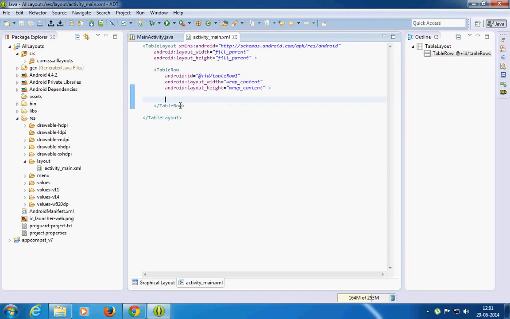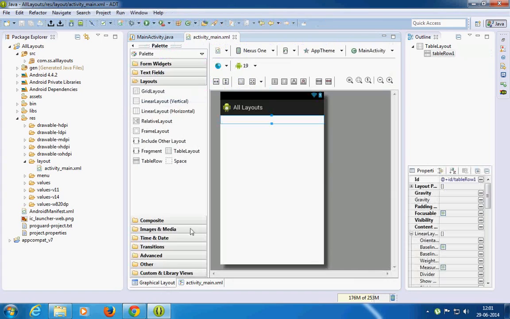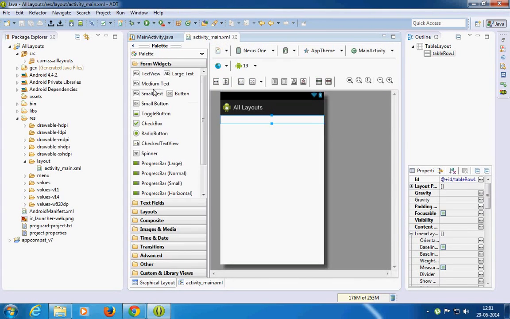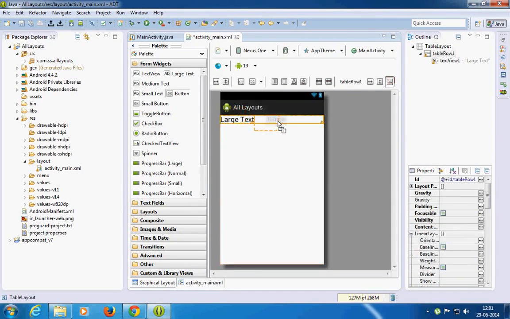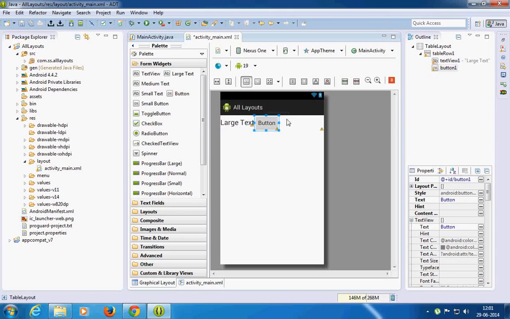So any item inside this would be added as a column. So now what I do is I drag a large text, and you see we have a large text and a button in the same row. So we have two columns over here now, although you can put weight as 1 so both of them take equal amount of space. So this is two columns in a single row.